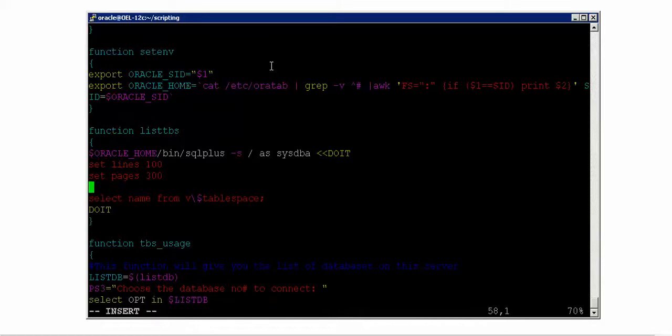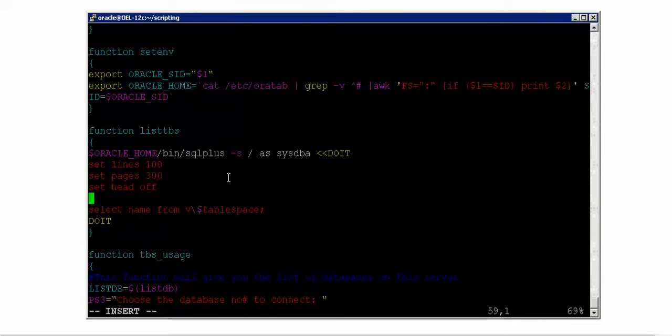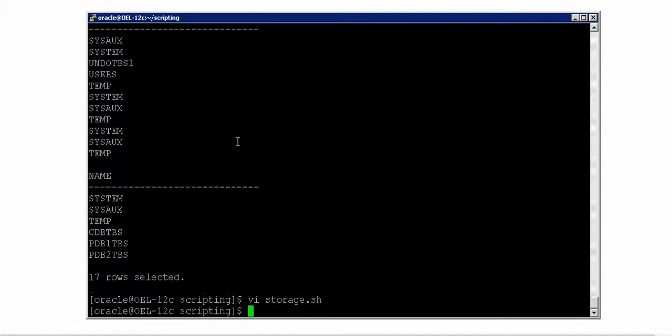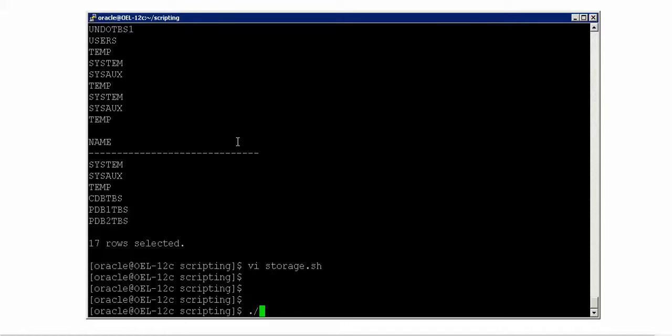And then now I would say set head off, okay, and then I should also say, I should not see the number of rows returned, right? So I would say set echo off, so that number of lines will not be output on the screen.